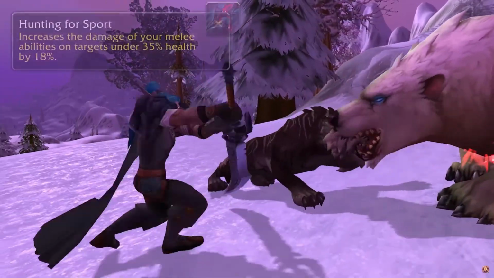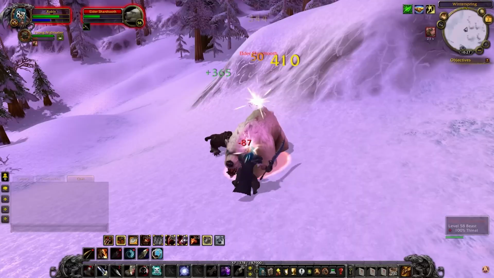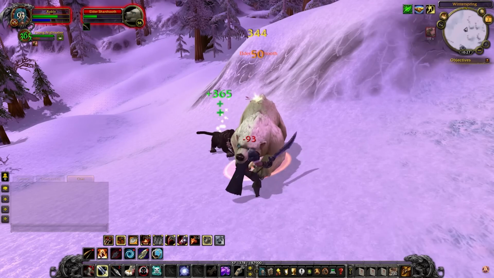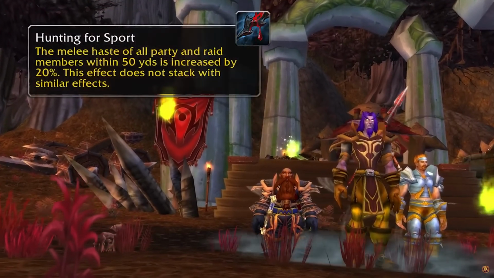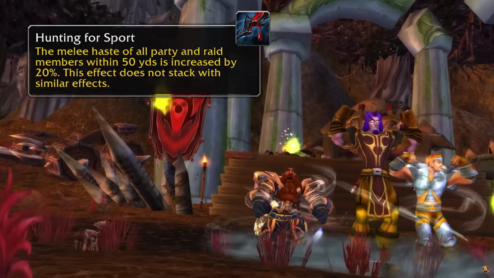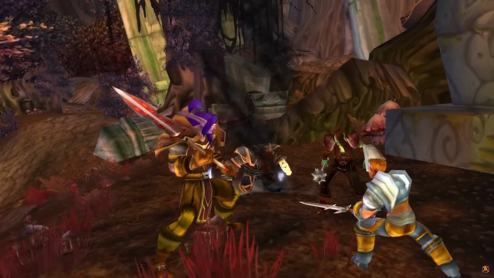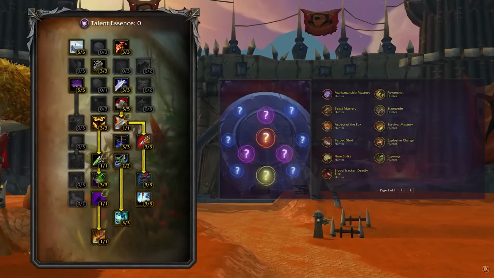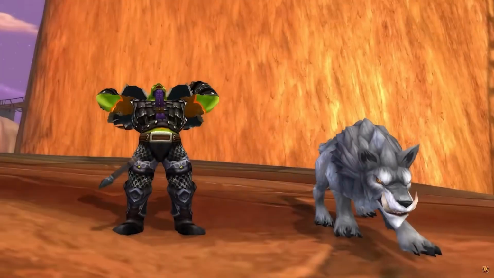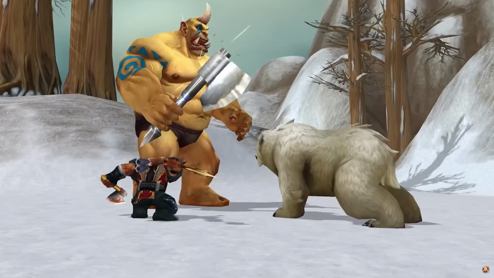Finally, Hunting for Sport increases the damage of your melee abilities against targets under 35% health by up to 18%. It also grants your party a significant 20% melee haste bonus that's always active, giving survival hunters a powerful way to support their group. These new talents combine with Mystic Enchantments to open up 2 new ways to play a melee survival hunter, a physical